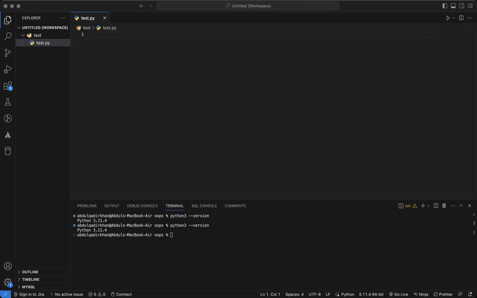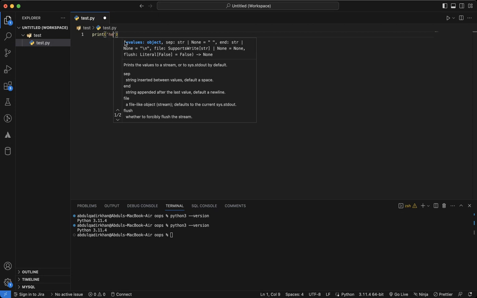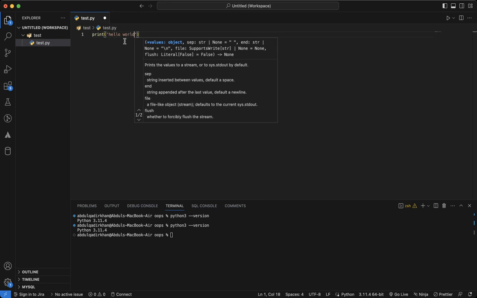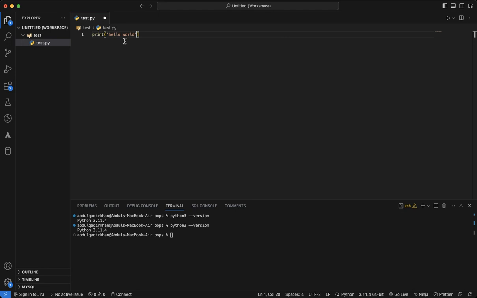So yeah, now let's write our Hello World program in Python. It's as simple as it gets. Type the following code into your editor. Hello world. That's it. And to run this program, just simply write python